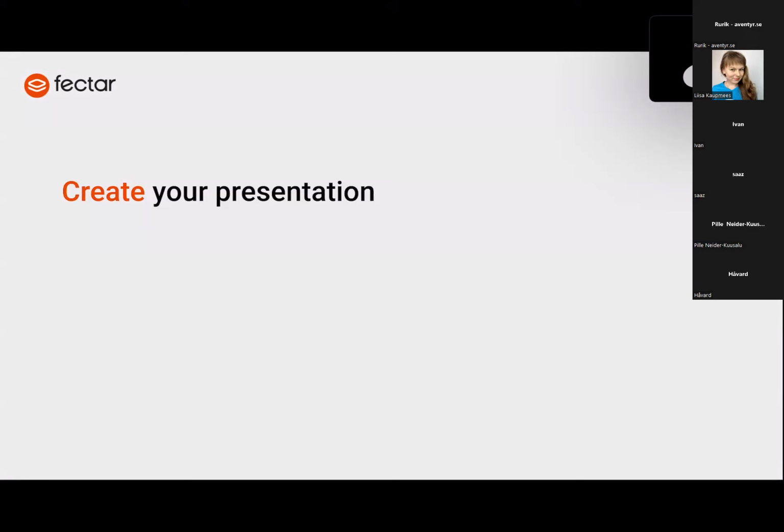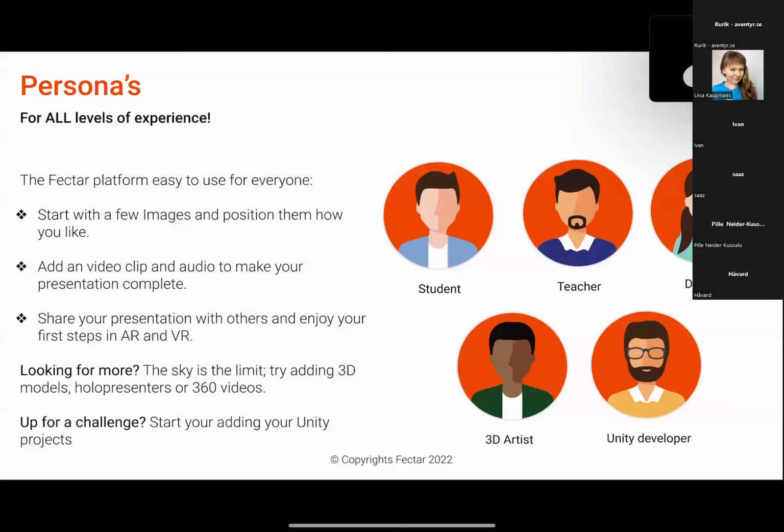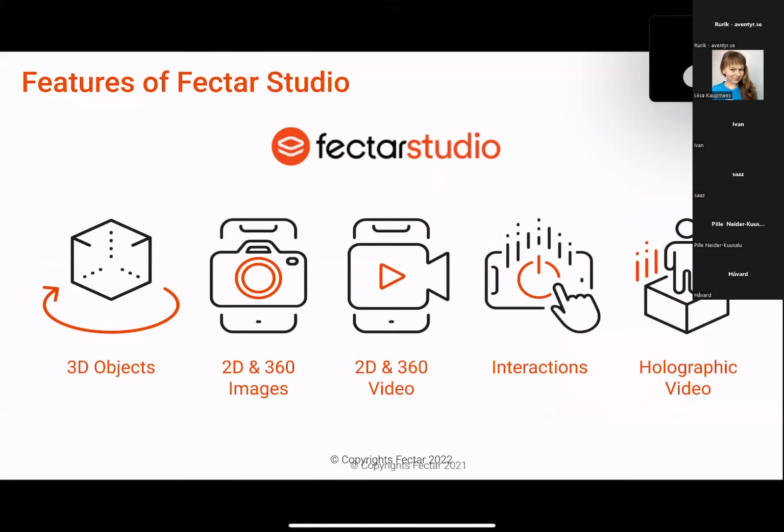So now I will give you a brief presentation of how you can create your presentation in Fectar, what kind of features we have, and what features I think will be best for your needs. So with Fectar Studio, we support multiple different